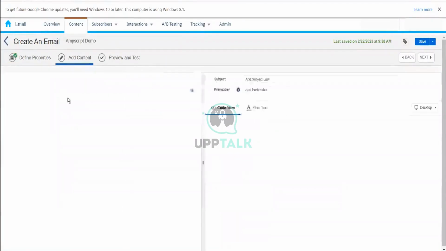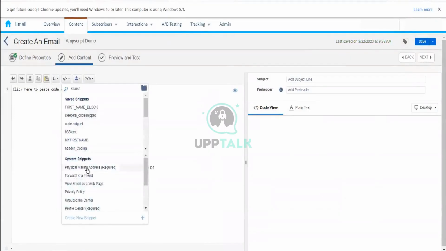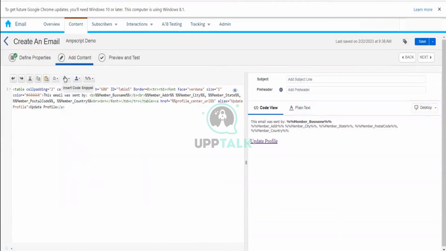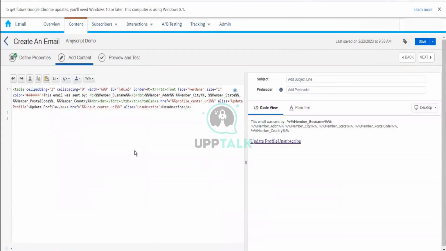Let's add the mandatory code snippets now. Here is the thing. There are different ways to write the AMPscript. Let's say our very basic requirement is that we want to print, let's say, hello world on the email message,